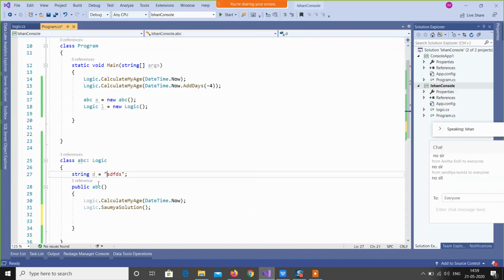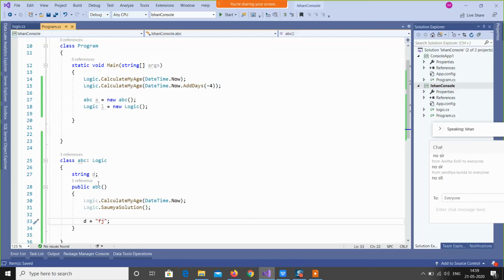So this is the actual scenario. When the class runs, it will take the string this way, and then after, this way. So the constructor initializes the value as I told earlier. This is also the correct way.